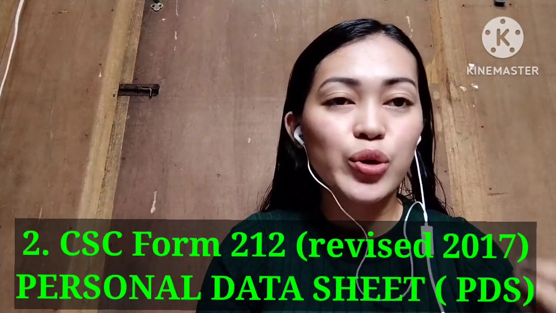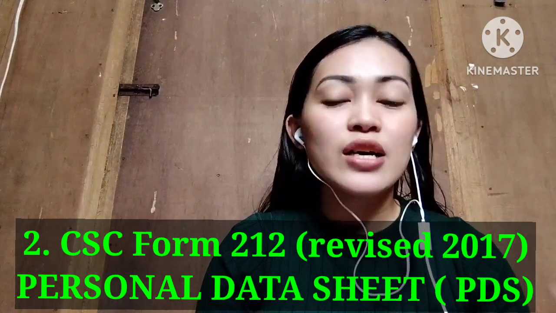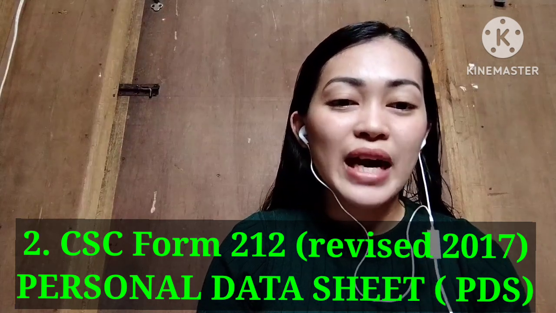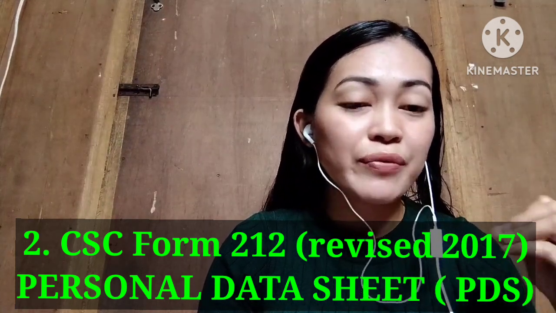Since meron ka ng UAN or Unique Applicants Number, ang susunod nating ihanda ay ang PDS. So, ito yung Personal Data Sheet. Sa PDS, may 4 siyang pages. Okay, for page 1, you need to fill up yung personal information mo, as well as your family background